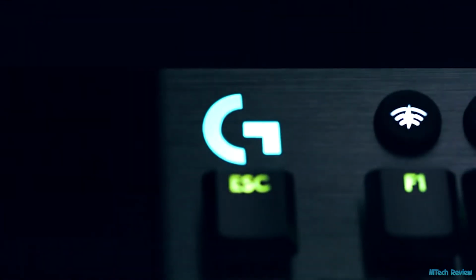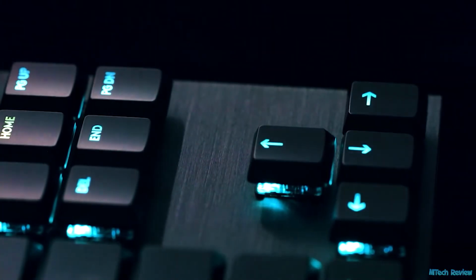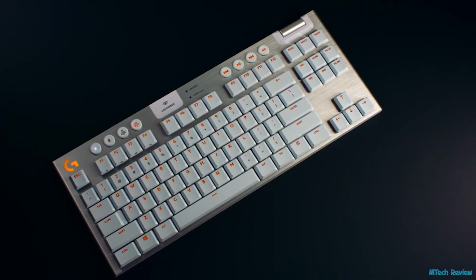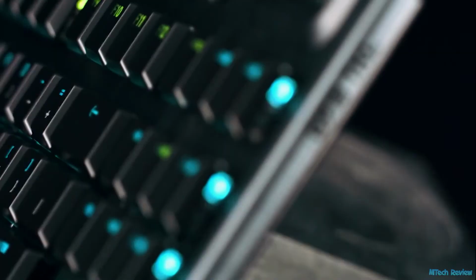To cap it off, the keyboard's amazing features are housed within a sleek, ultra-thin brushed aluminum top case and is available in stylish black or white colorways. The new G915 TKL perfectly marries cutting-edge